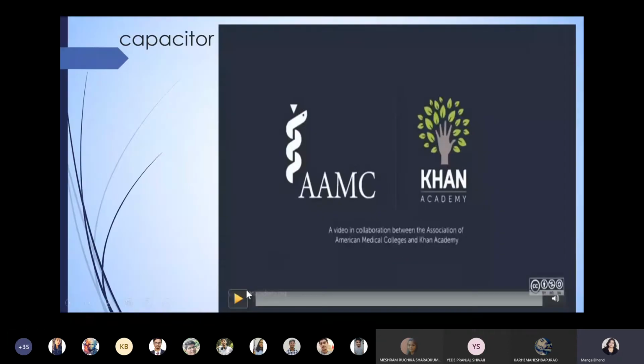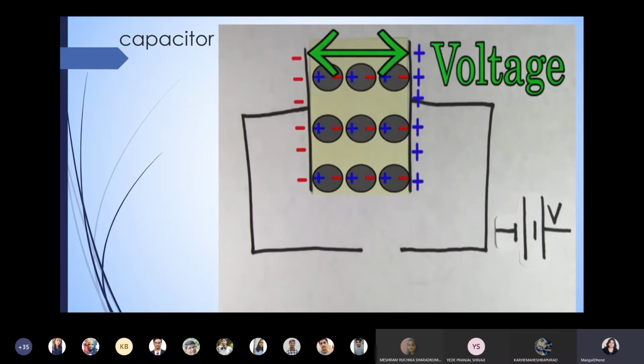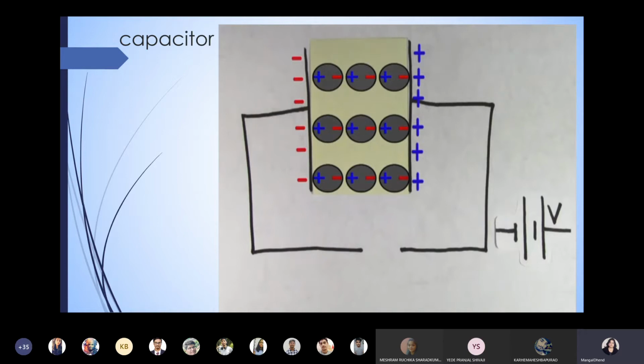The negatives to be a little bit closer to the positively charged capacitor plate. Either way, the end result is that the negatives in the atoms and molecules are going to face the positive capacitor plate, and the positives in the atoms and molecules are going to face the negative capacitor plate. So how does this increase the capacitance? The reason this increases the capacitance is because it reduces the voltage between the capacitor plates. It reduces the voltage because even though there's still just as many charges on the capacitor plates, their contribution to the voltage across the plates is being partially canceled.